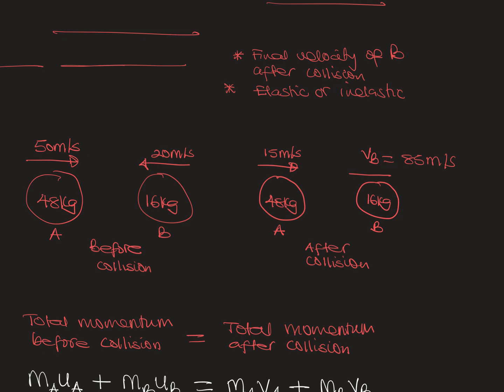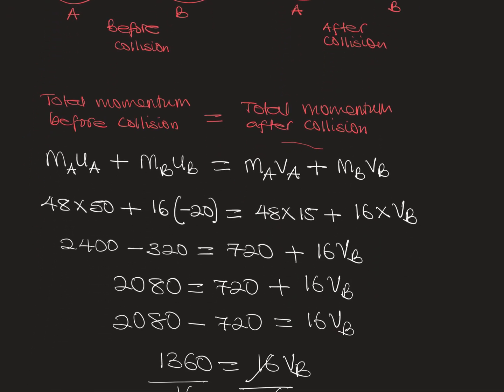Because the final velocity of B is positive, it means that its direction is towards the right. So it is positive. What that actually means is that B has reversed its direction. It was initially moving in the negative direction, but after collision, it has reversed its direction. So moving on